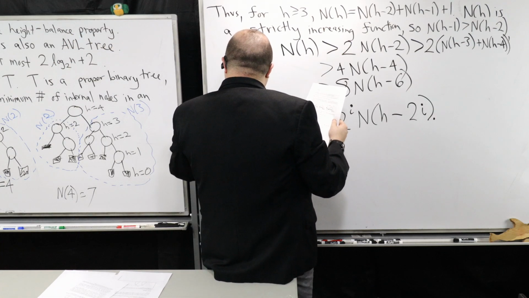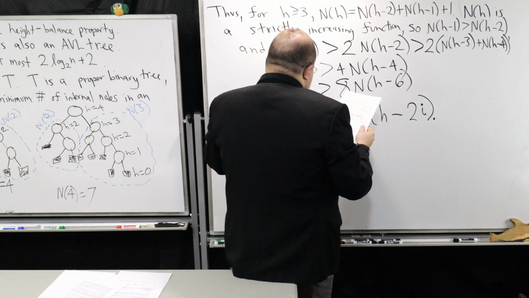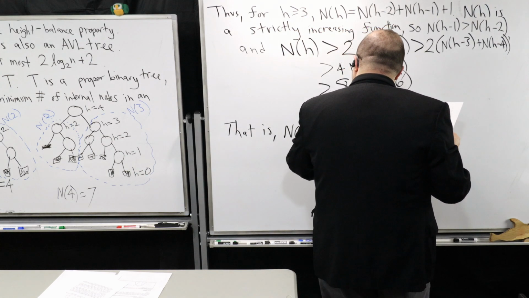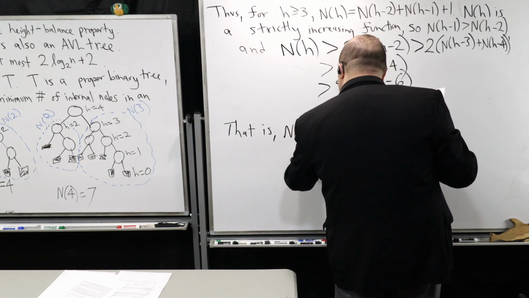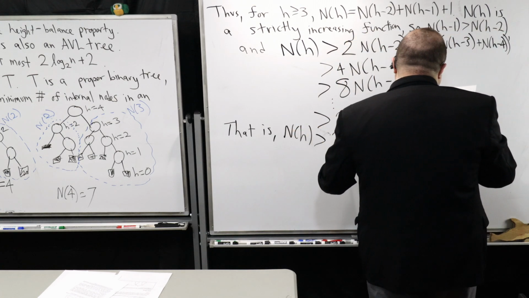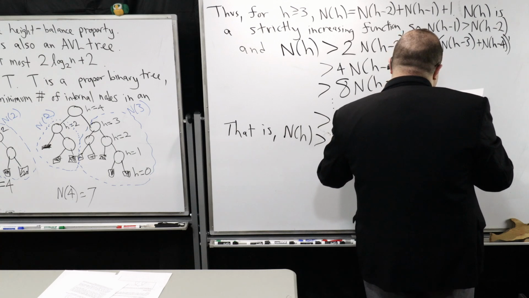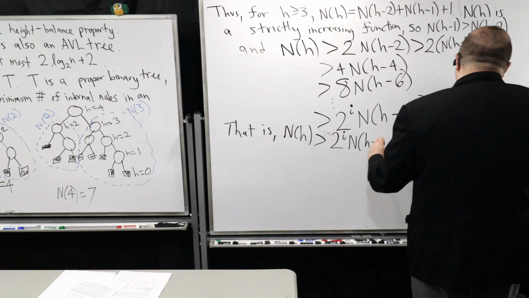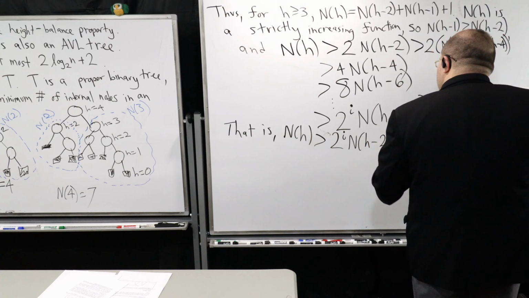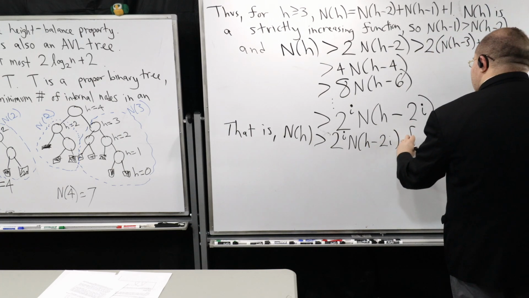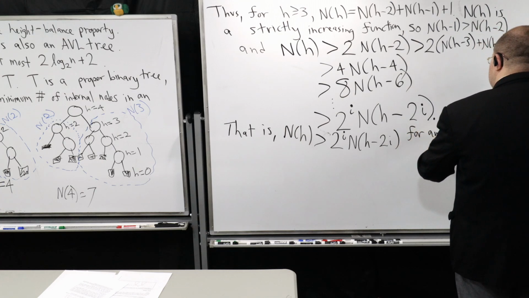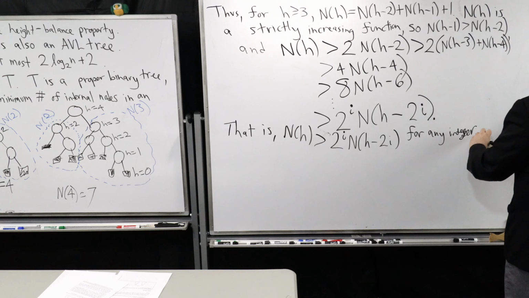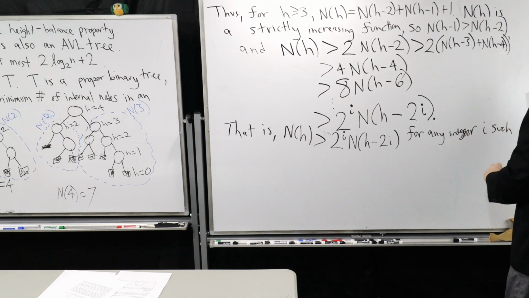So that is, n of h is strictly greater than 2 to the power of i times n of h minus 2i for any integer i, such that